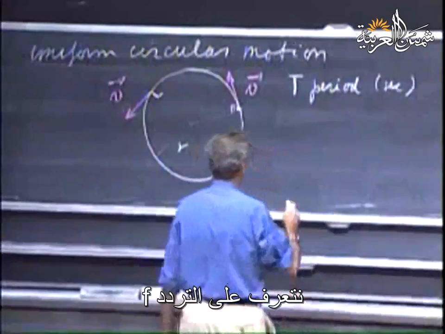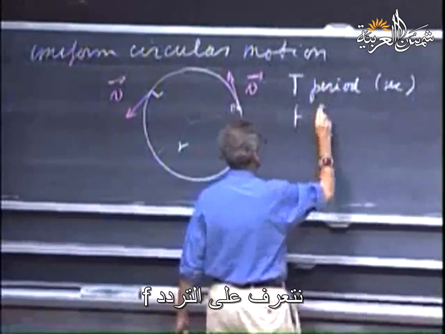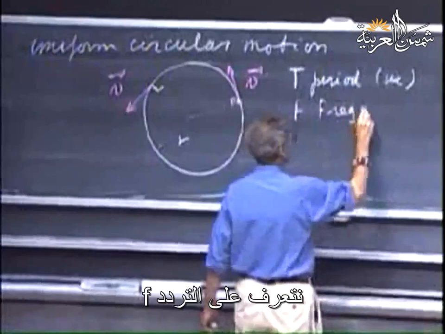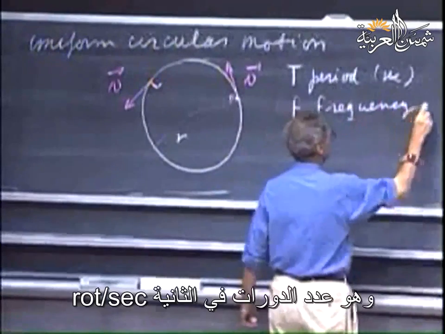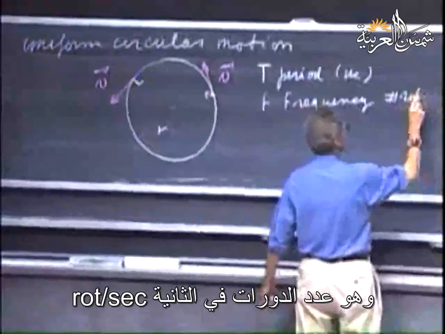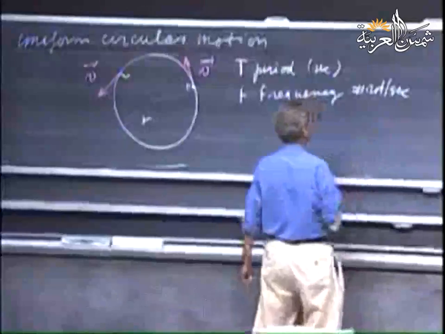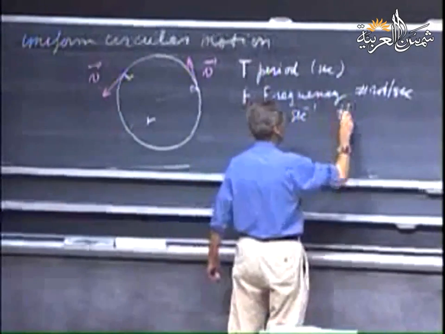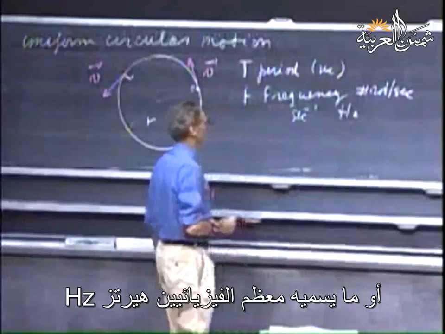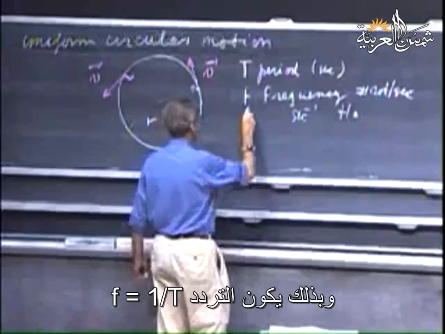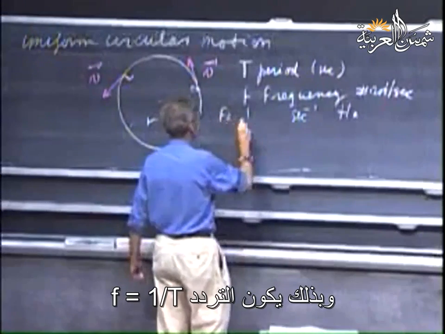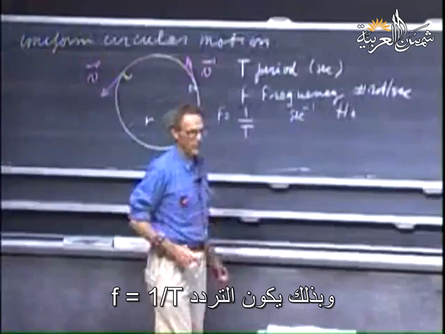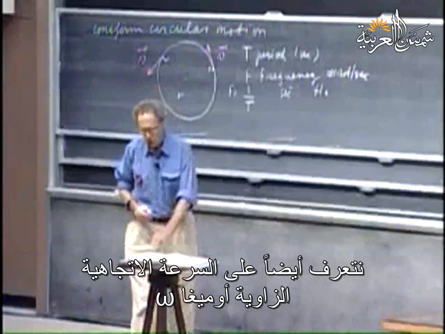We introduce the frequency f, which is the number of rotations per second. And so the units are either second minus 1, but most physicists would call it hertz. And so frequency is 1 divided by T. We also introduce